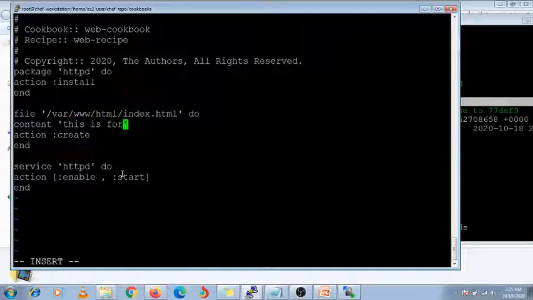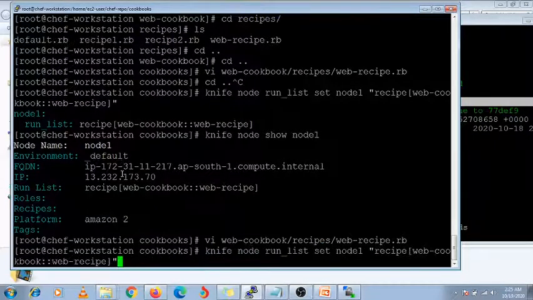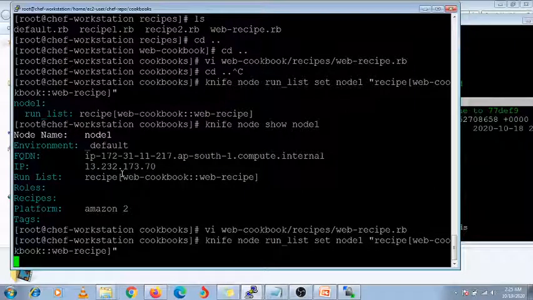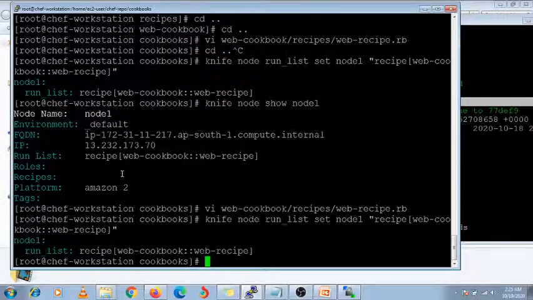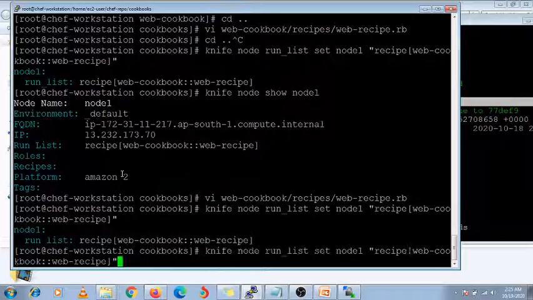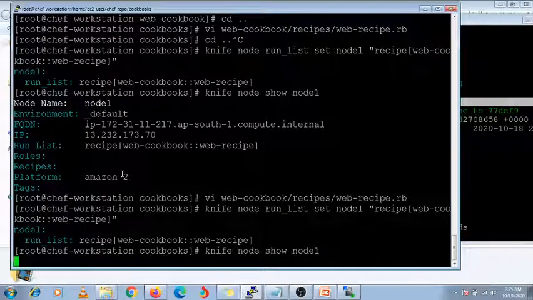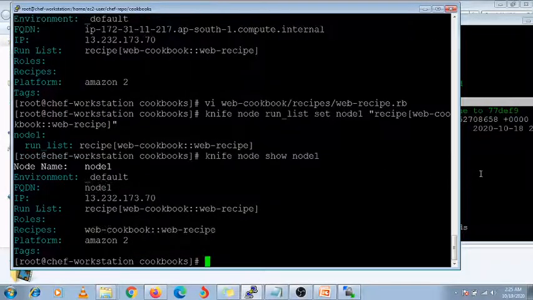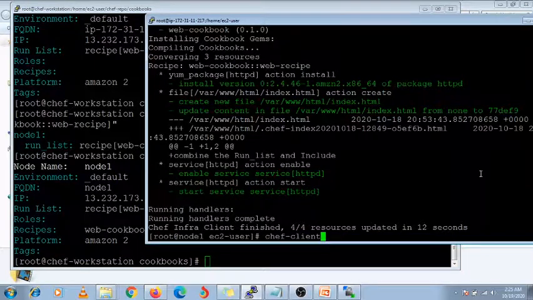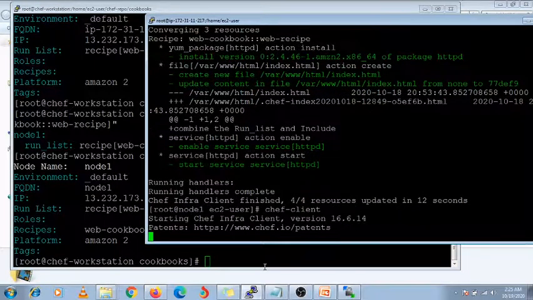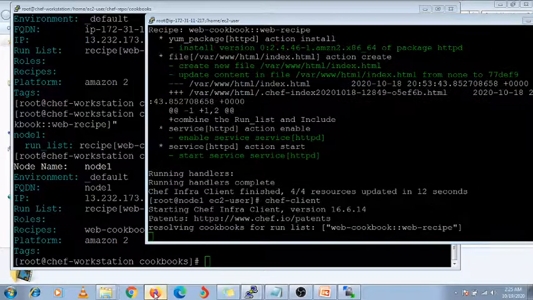Here I'm going to update some content again, and I need to check whether it is working or not. This is for node1. Save it. Now you just need to apply it again. I'm going to run chef-client again.